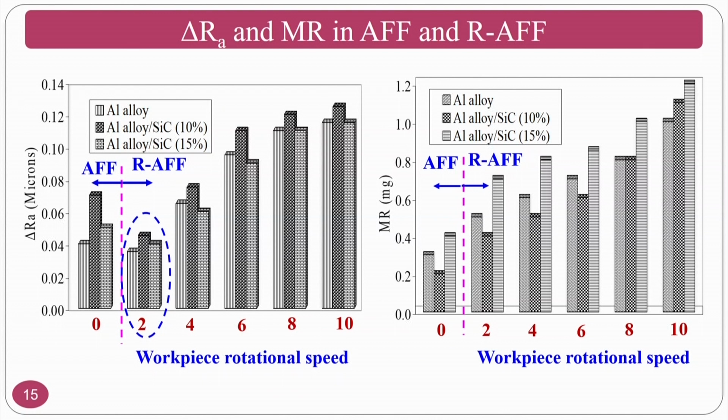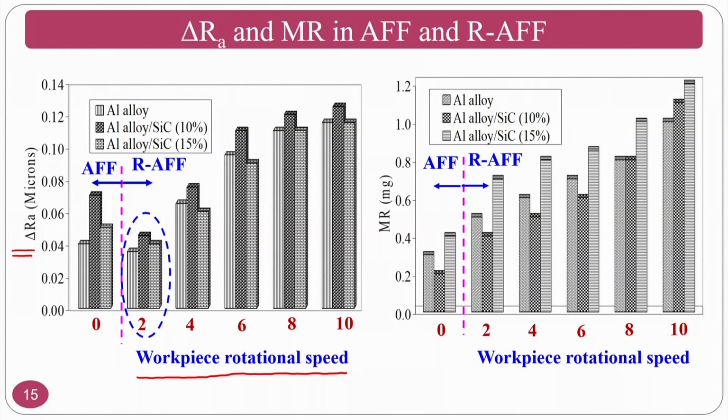Now we move on to the surface roughness or change in surface roughness and material removal in comparison to the abrasive flow finishing process, in case of the rotational abrasive flow finishing process. First we will see the workpiece rotational speed versus change in Ra. If your change in Ra is increasing, that means initial minus final, the gap or the amplitude is increasing. So you always require an increasing trend, as you have seen the arrow. The advantage of this is that your process is moving in a good direction.